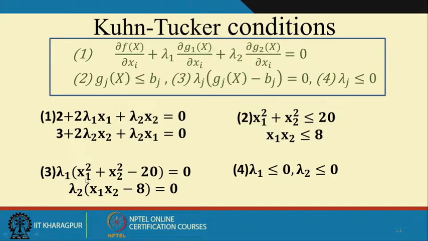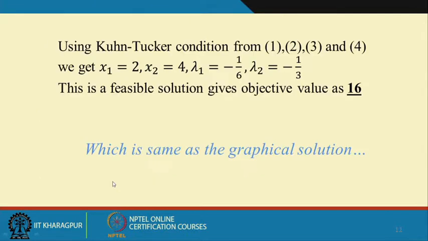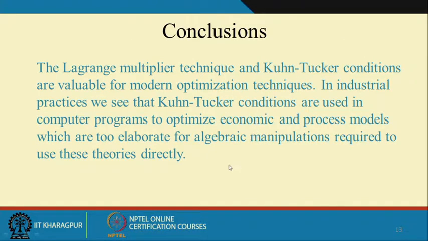Let us see the different cases again, whether lambda 1 is 0, lambda 2 is 0, both are 0, or both are non-zero. Here also you can get the same set of cases, and through the KKT condition we will get the solution as 16, and this is also the point (2, 4), alright, just check it. That is why we can conclude that the Lagrange multiplier technique and the KKT condition